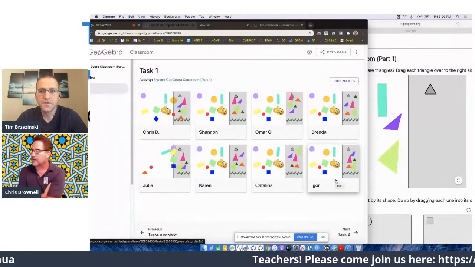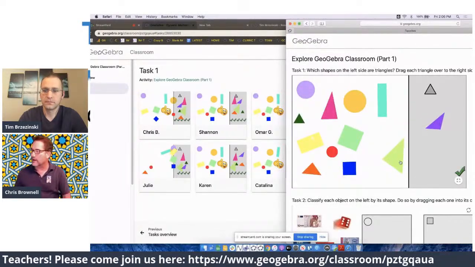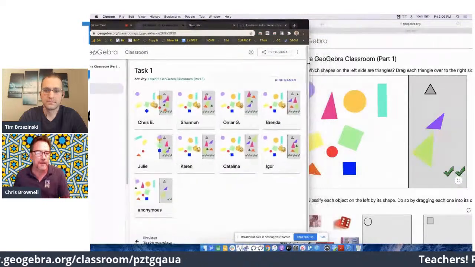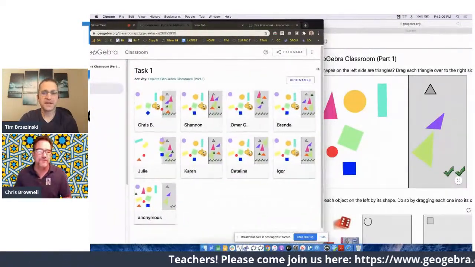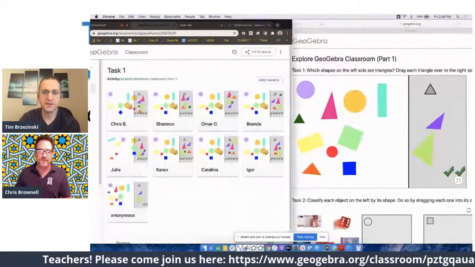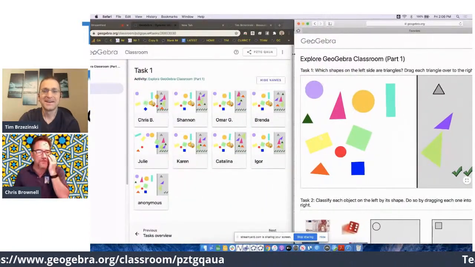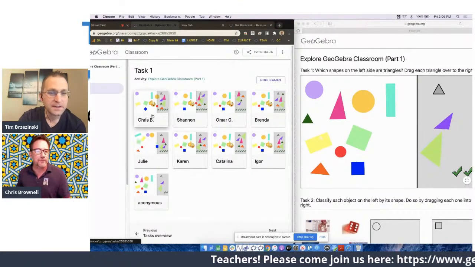Hey, Tim. I was playing with this a little bit, and my circles wouldn't move over to the right. They got blocked. What does that mean? Oh, I did not make that resource, actually. I just copied it and put it in this activity. So you have to take that up with the original creator of the activity. Can you zoom in on this? Can you show what I did? Yes.